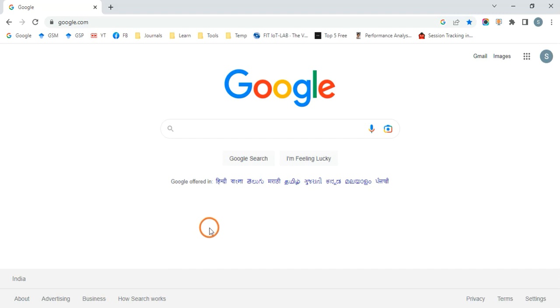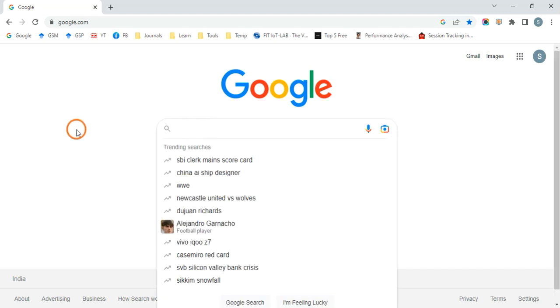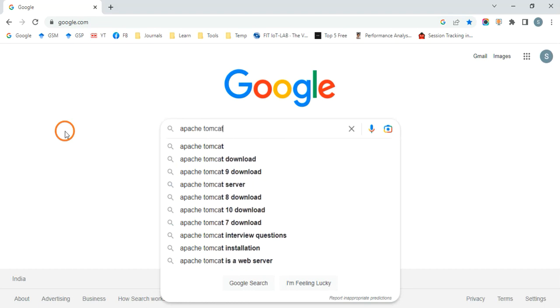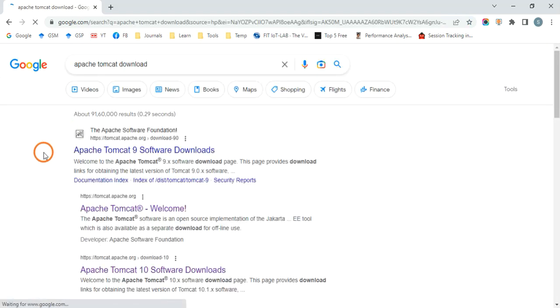So before going to look at experiment 3, we have to install a software. The software name is Apache Tomcat. So in Google just type Apache Tomcat download and hit enter, and you go to this link which says tomcat.apache.org. So click on this link,